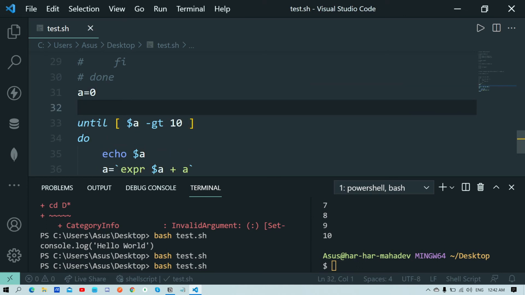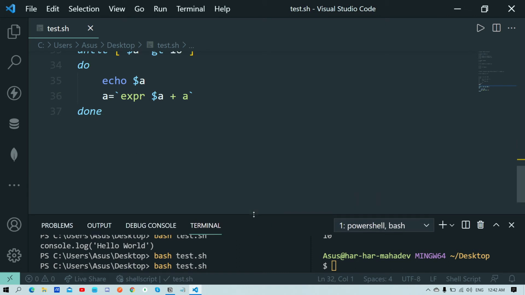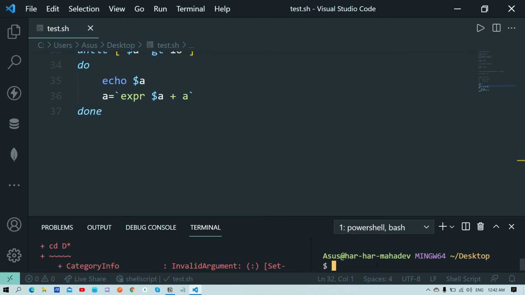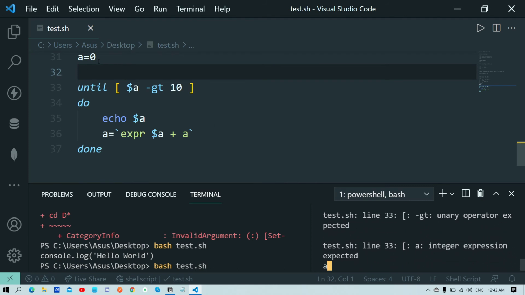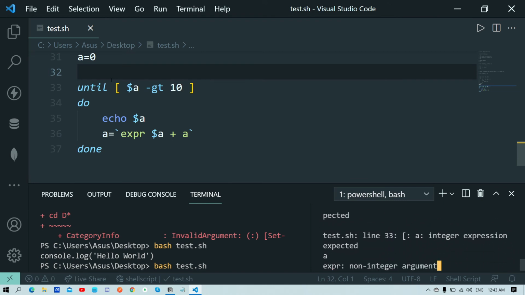So hit enter, let's try this out. I get this error because we are using a situation where it will start from 0 and go until it's equal to 10. So this is not happening.